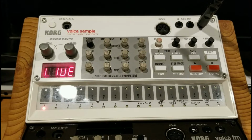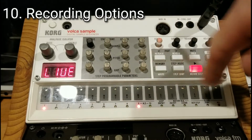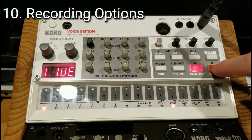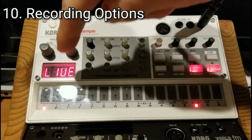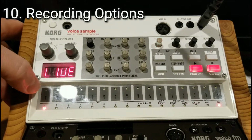Okay, so now we're going to look at how to create a loop. Where we're going to start is how you can start to record a loop. We're going to go ahead and start the loop playing now. The easiest way to record is just to hit this record button here. What that's going to do is record anything you push down when you play a sample. So if we want to start recording a kick,